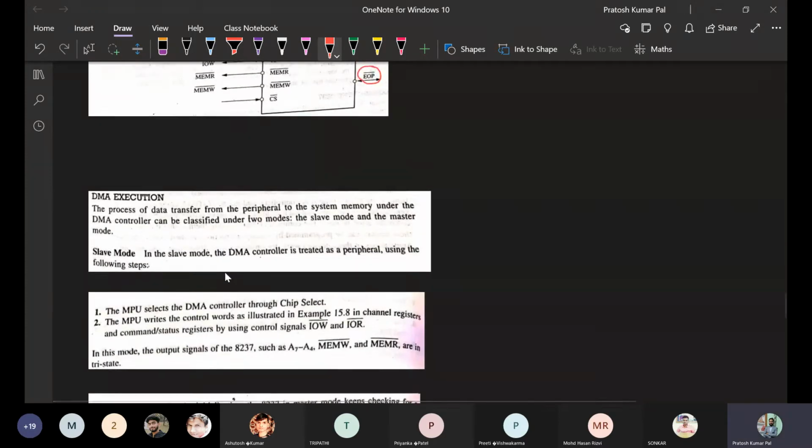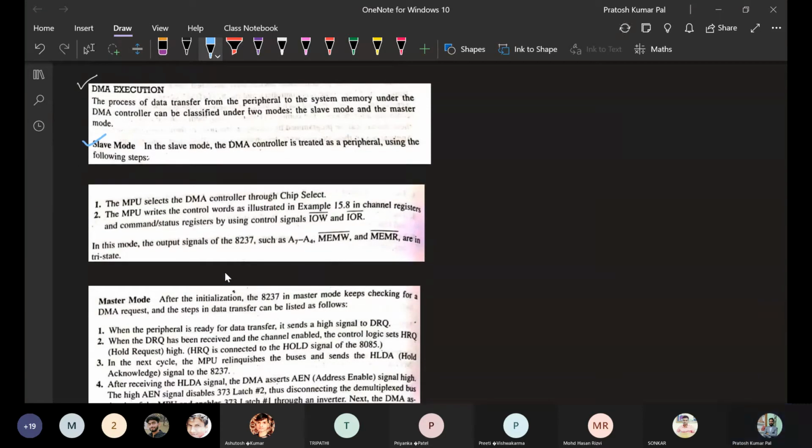Next, we will see the different modes, basically the modes of the DMA controller. In the previous class also we have seen that there are two different modes. One is slave, another one is master.